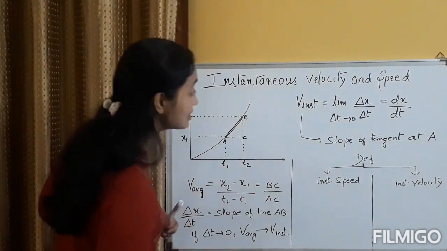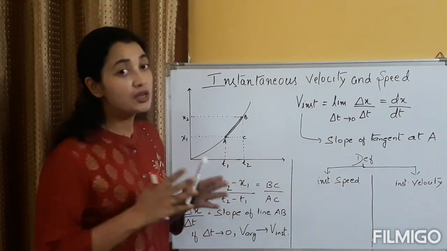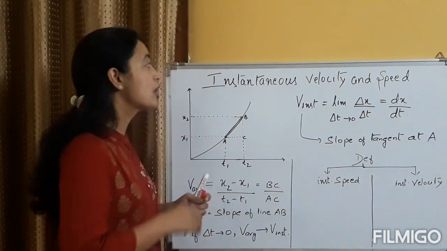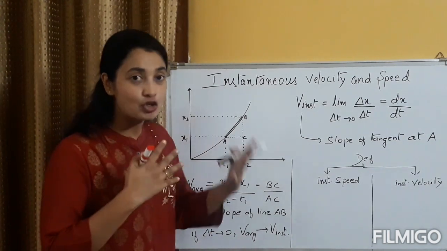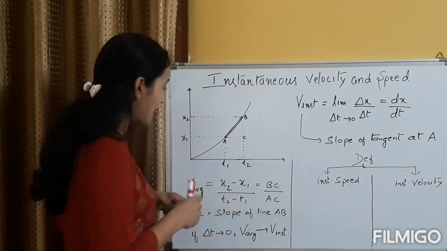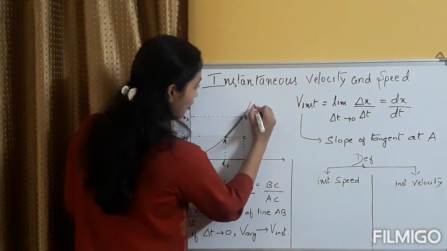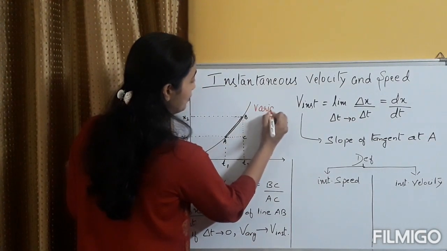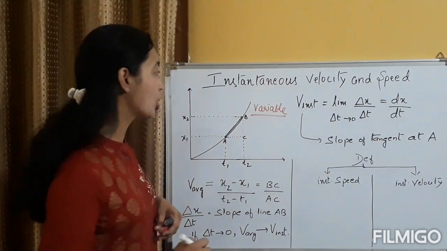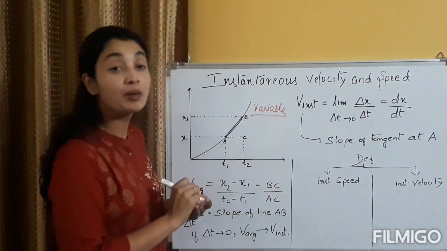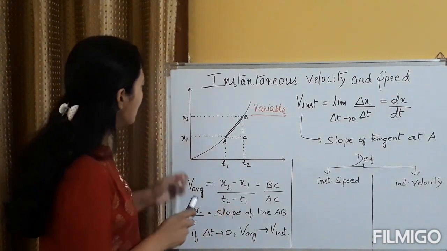In this generation we are at least not unfamiliar with the word instantaneous, because we are so used to this word, instant, for all things. So we are talking about when a body is in variable motion. Then only do we talk about instantaneous speed and velocity, when the body is moving with variable speed or velocity.